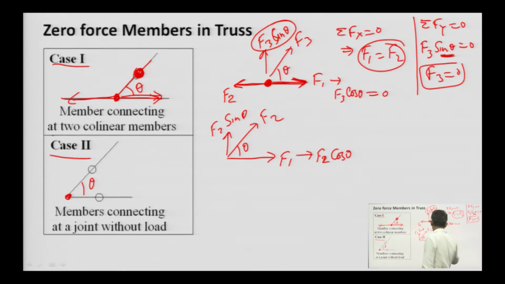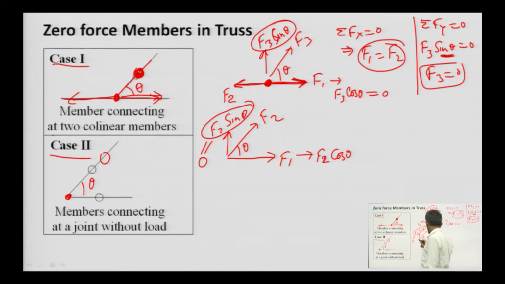Apply equilibrium equation, sigma Fy equal to 0, then what will be this value? This value will be 0, since sin theta cannot be 0. So, F2 will be 0. So, in this member F2 we do not have any force,